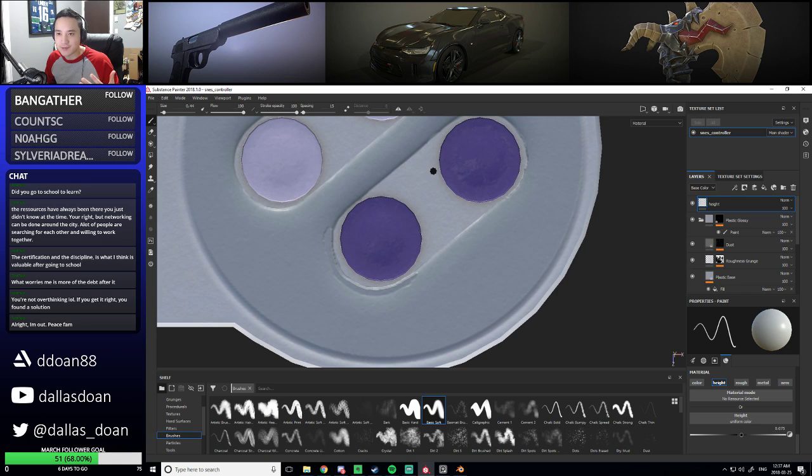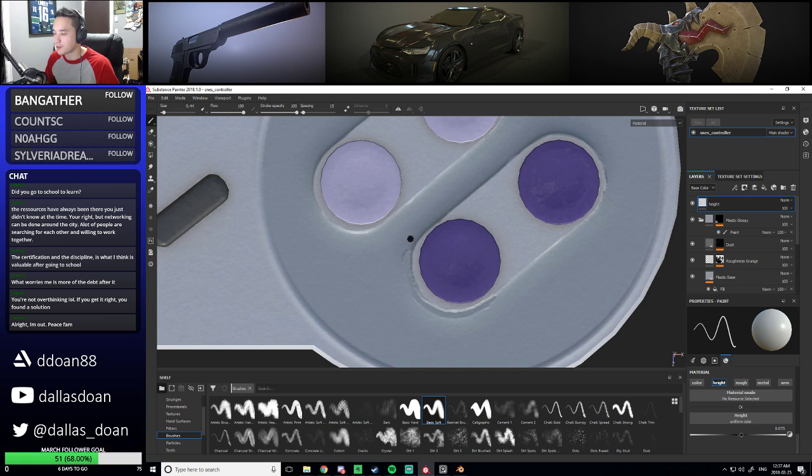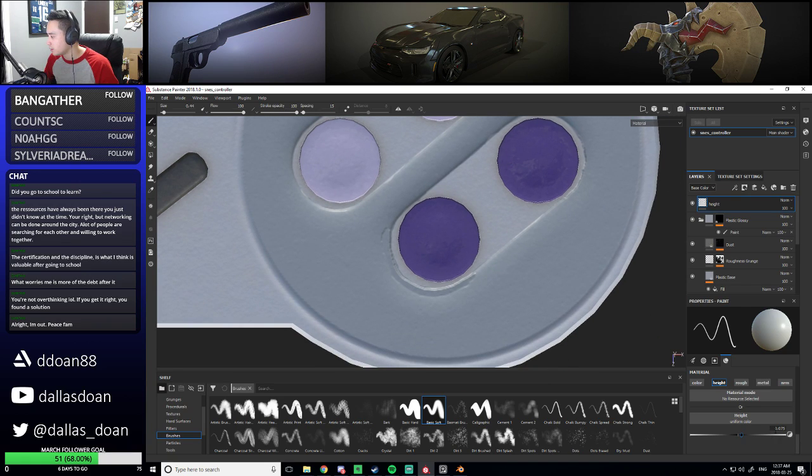I feel like there's a lazy mouse in Substance Painter, right? Like, am I crazy? There's gotta be a lazy mouse or something. I feel like there should be a lazy mouse, but I could be wrong. Let's go